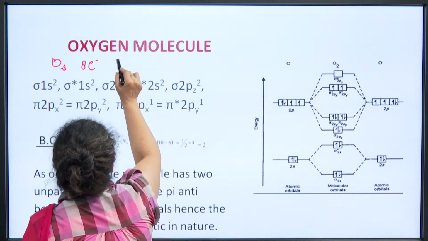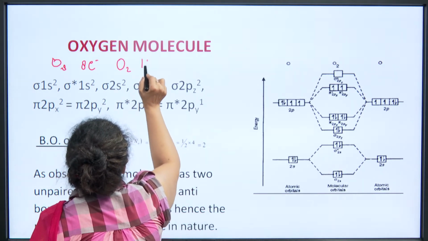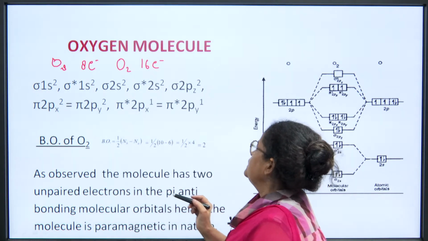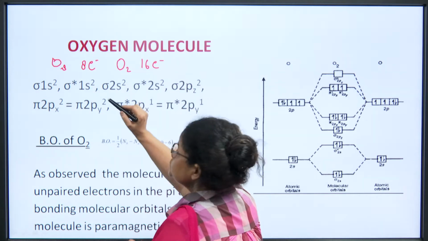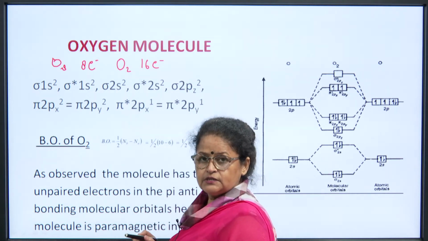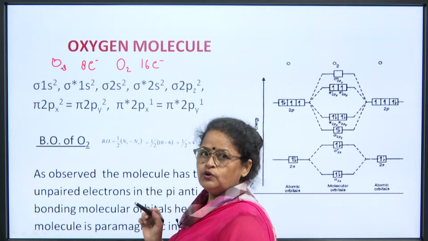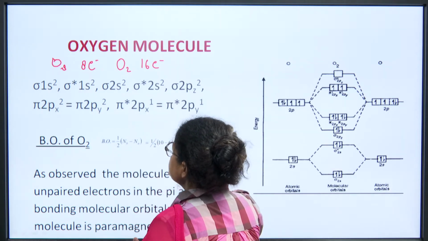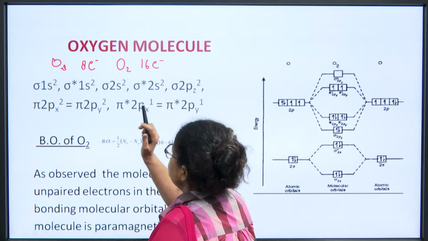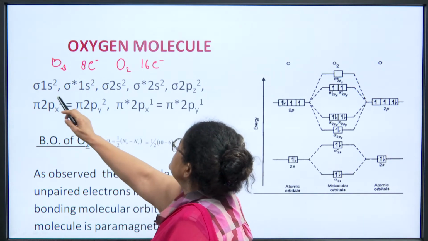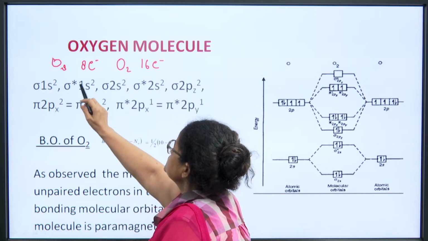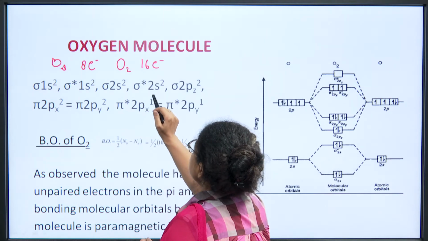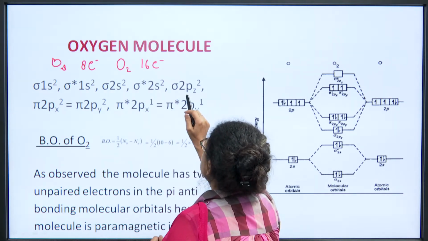Now, when the oxygen molecule is formed, it has a total of 16 electrons. Now, let us distribute these 16 electrons according to molecular orbital concept. So, these 16 electrons when distributed will occupy sigma 1s2, sigma star 1s2, sigma 2s2, sigma star 2s2, sigma